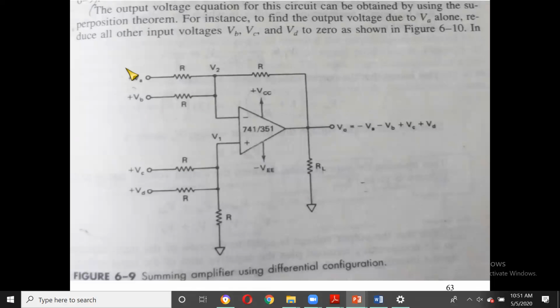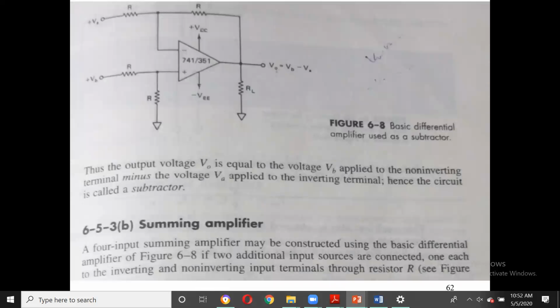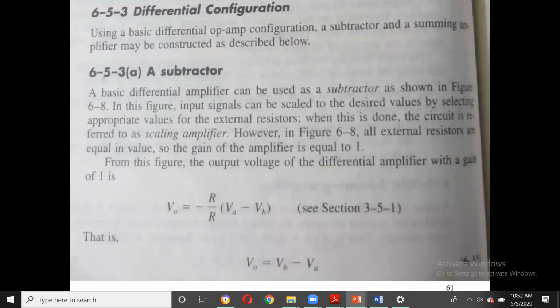So this is VA plus VB with a minus sign because they are connected to the inverting terminal, and VC plus VD because they are connected to the non-inverting terminal. So thus we'll get the summing plus the difference,